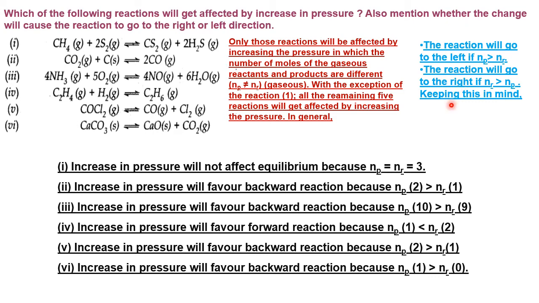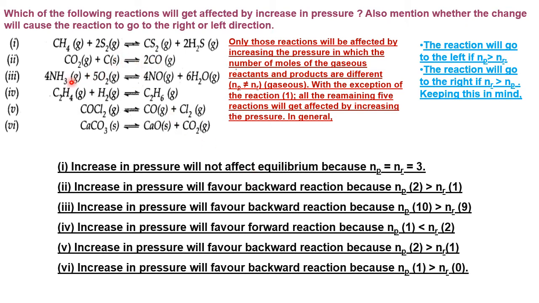So keeping this Le Chatelier principle in mind, now we will answer. Reaction number one: equal number of moles, because 2 plus 1 is 3 moles, 1 plus 2 is 3 moles. Moles are the same, pressure is the same, so no effect. Now this reaction is going from 1 mole to 2 moles, low pressure to high pressure. So going from low to high is the favorable condition. In this condition, if you increase the pressure, it will go from right to left, that is backward.